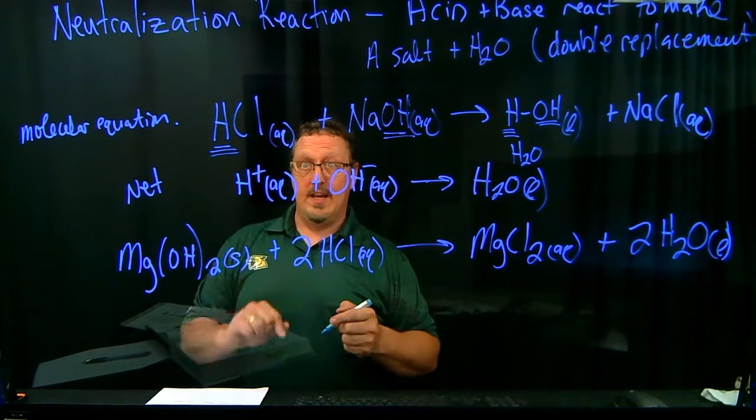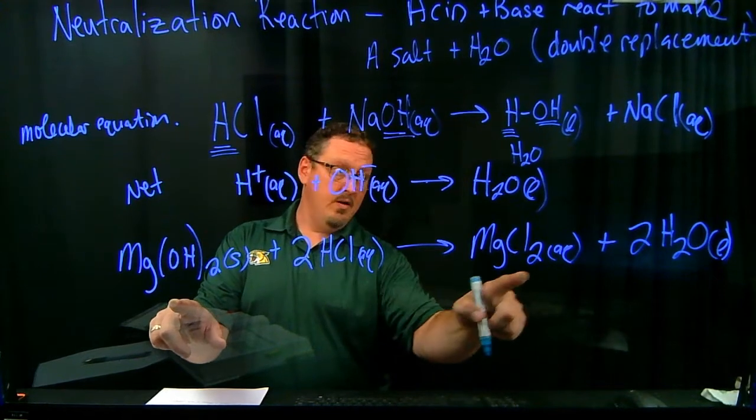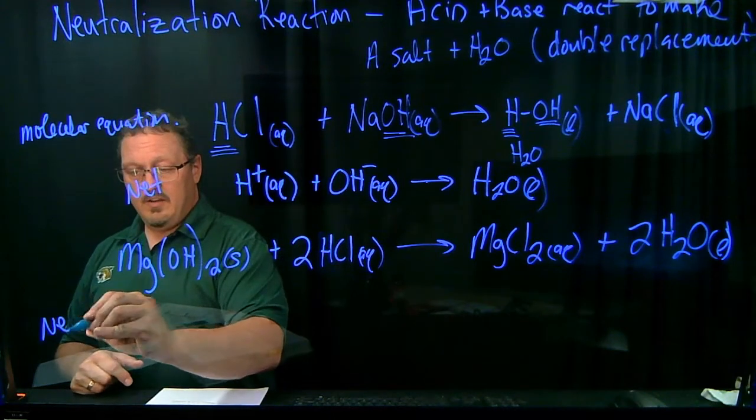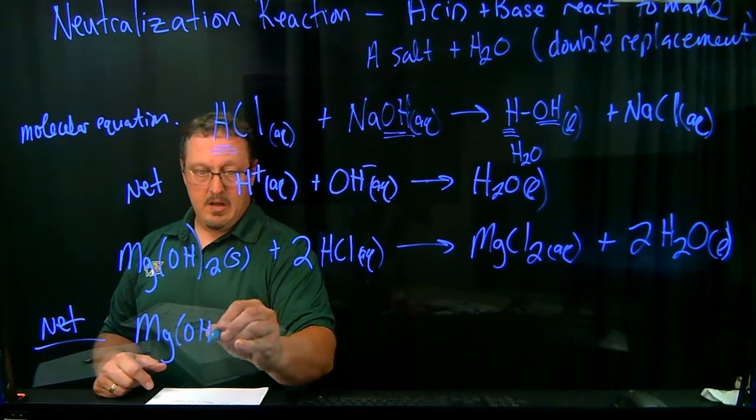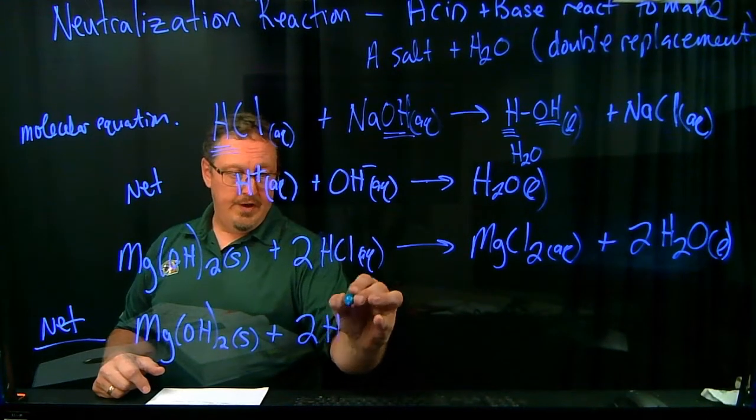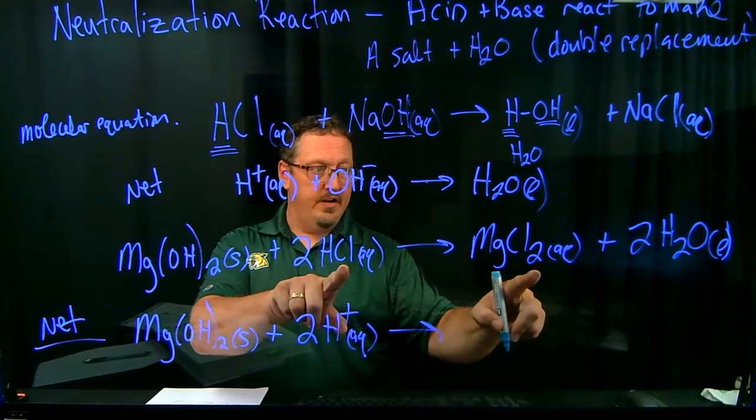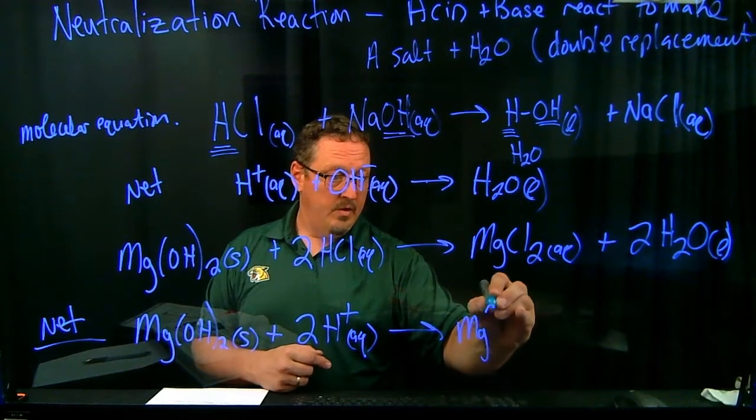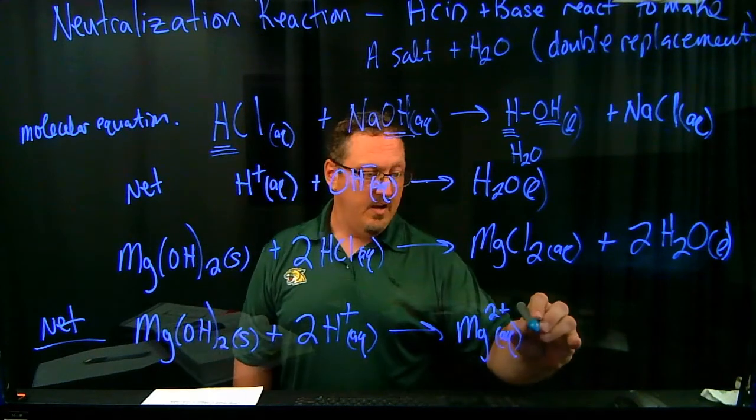I'm going to do the total ionic in my head. This doesn't break apart. This does break apart. This breaks apart. That doesn't break apart. And so now I'm going to write the net ionic. And so here's the net ionic equation for this. Okay, we're going to have the magnesium hydroxide as a solid, plus 2H+ as aqueous. Chloride is a spectator ion, so it cancels off. We're going to have magnesium 2+ aqueous, because it's going to now be floating on the product side,